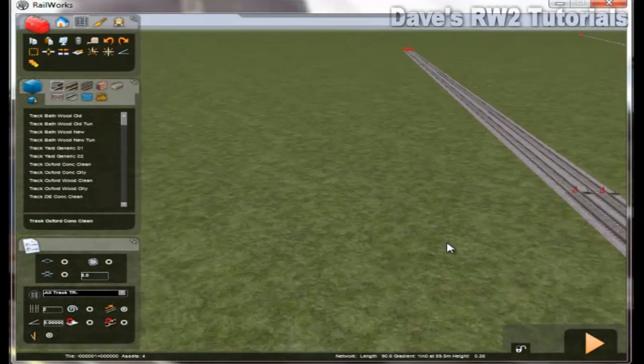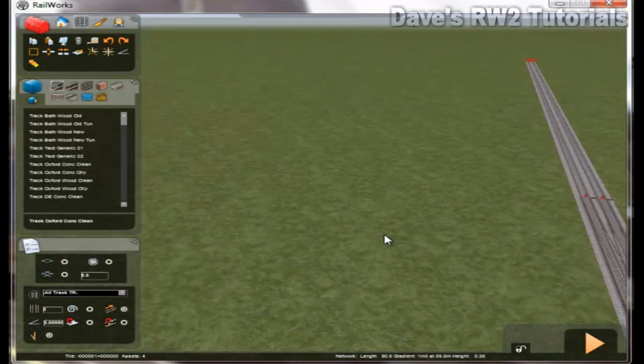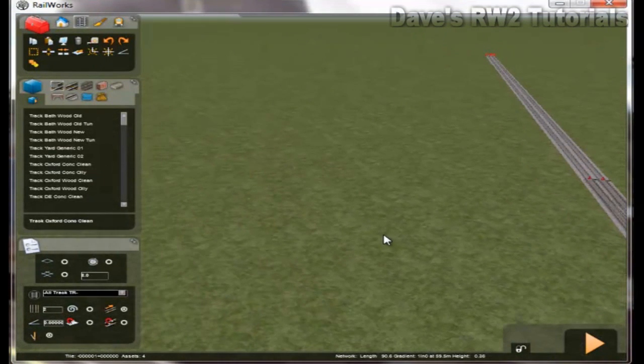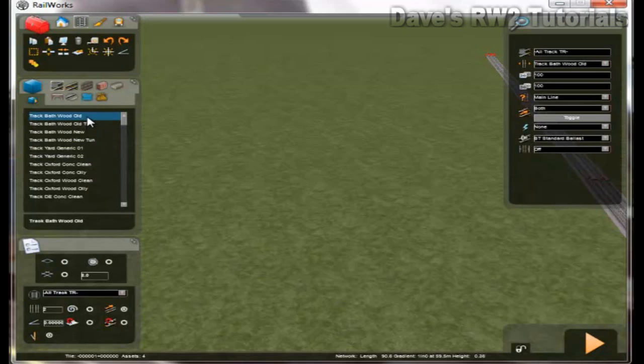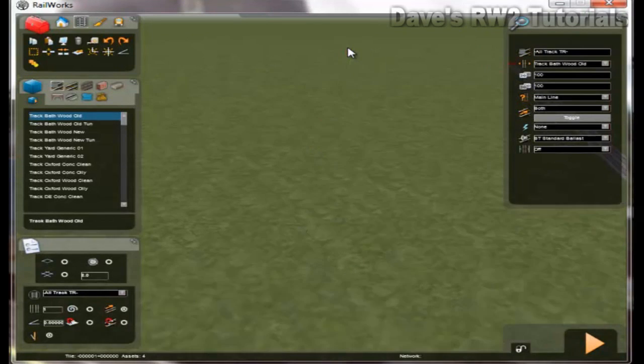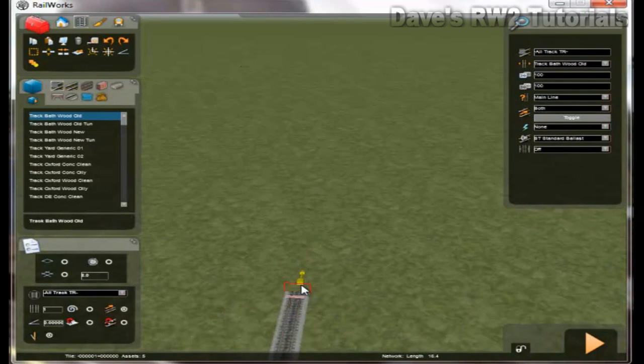Using your weld tool. Now someone said that they had problems with the track. I don't know how to replicate it myself, but I'll show you how you use the weld tool. So let's just do a different piece of track. We'll just lay a bit of track like so, and then accidentally, I don't know, lay another bit like that, next to it like that,